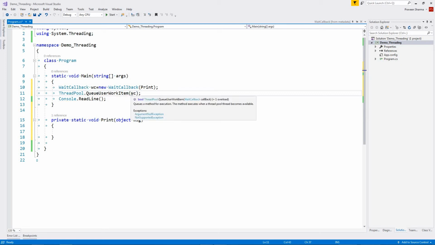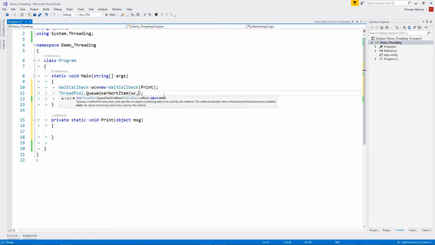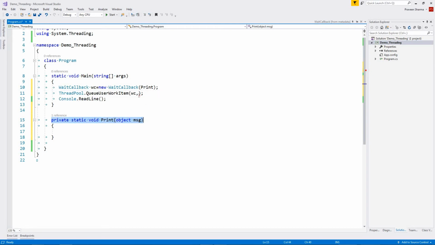And remember, we are not passing any argument here. If we don't pass anything, null will be passed, so it will be null. If you want to pass something, then you use the other overload of this, and you pass that state, and that will be passed to this Print method.